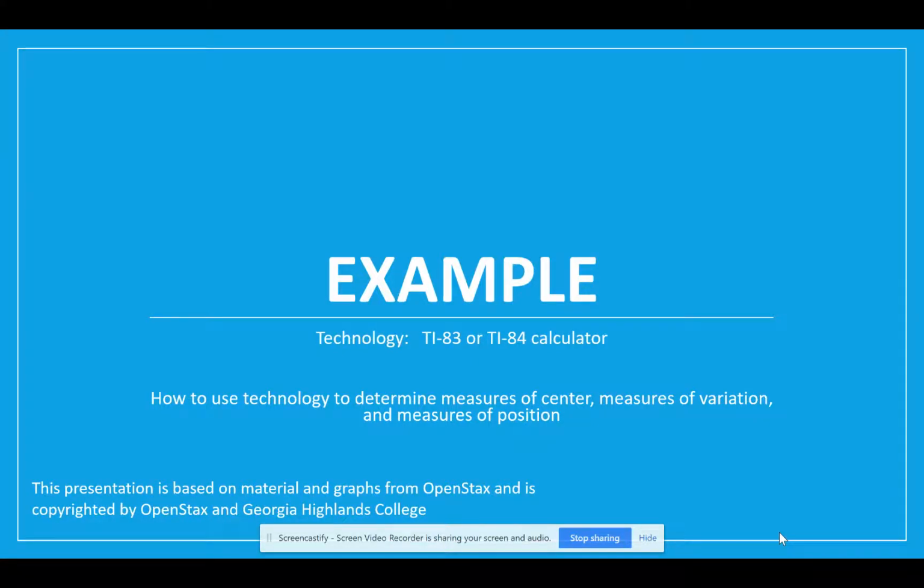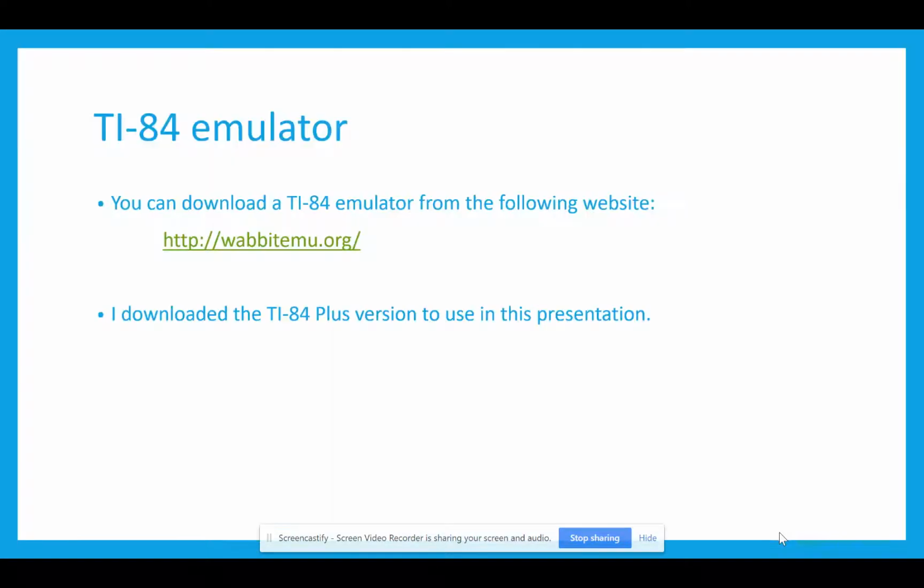This is an example of how to use the technology, specifically the TI-83 or 84 calculator, to determine the measures of center, measures of variation, and measures of position that we've been discussing. If you don't have a TI-83 or 84 calculator, you can download an emulator from the website